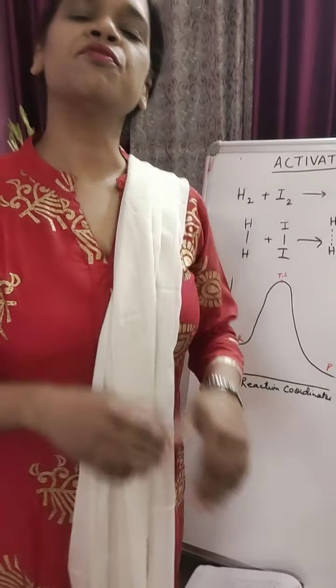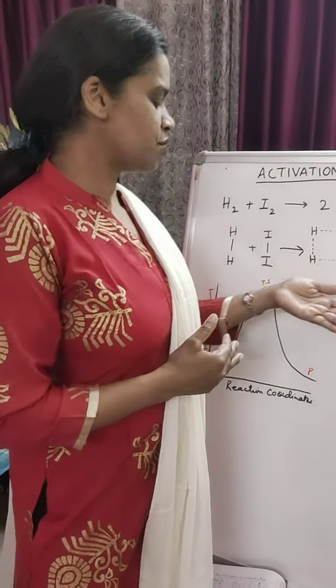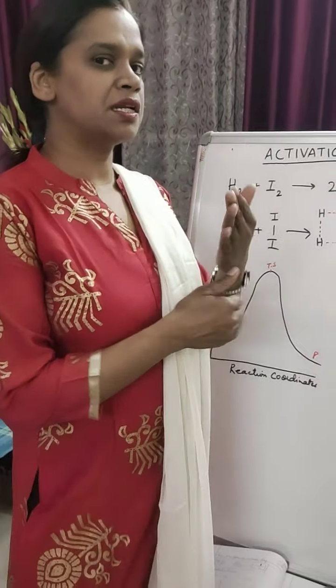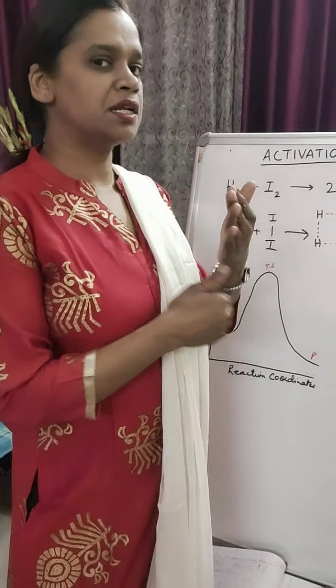Okay, so before we proceed to our basic topic, I must tell you that in chemistry we study reactions, in which the reactants get converted into products. Now, for the reactants to get converted into product, if we have two or more reactants, then they have to collide with each other. That is called the collision. They have to collide with each other and only then they get converted into product.